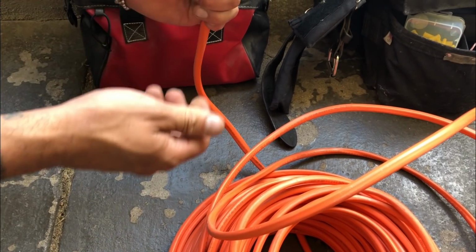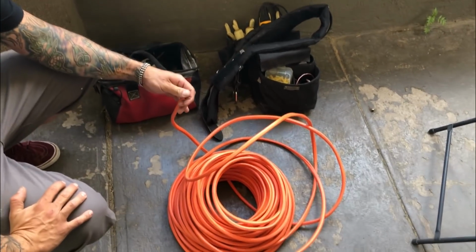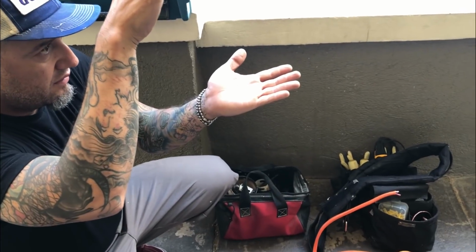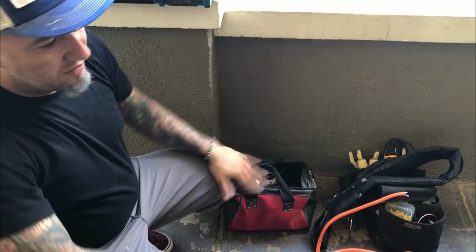So we're going to double up the ground. There are two grounds in there: one will ground out the box, one will ground out the device. And then the mechanical bond of the box and the outlet kind of bonds the two anyway, but if there's any air gap in there...